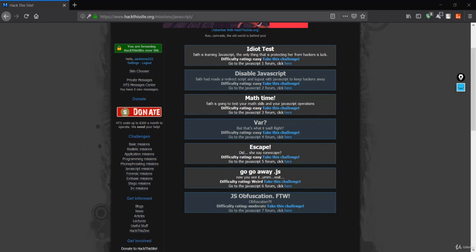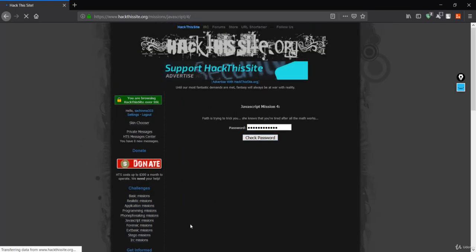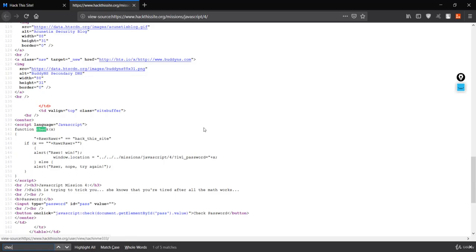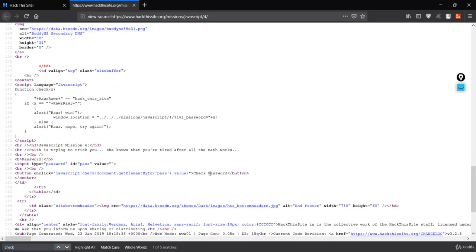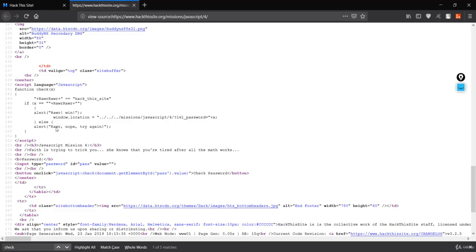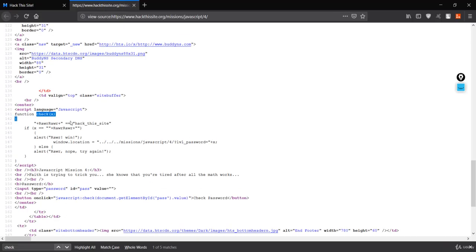So we have completed the 3 challenges. Now let's take this 4th challenge. As usual, just press Ctrl U to see the source code, and Ctrl F for checking the password. You are just getting this button again, and it is going to call this check function with anything you write on that field, which is this field over here. So now what you're going to do is search for the check function, which is right over here.